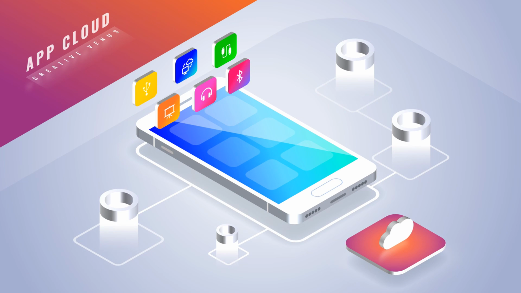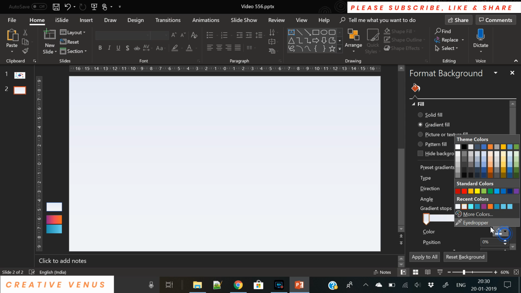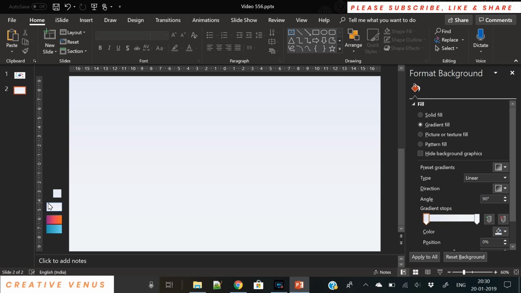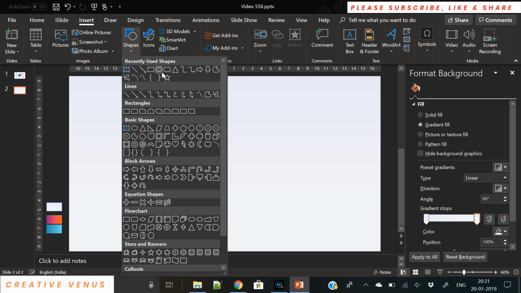If you are looking for an isometric design or a presentation slide related to apps, this is the slide for you. So let's start. First of all, we have to design the background as usual. This is our first step in almost all the videos, all the slides. So we have to